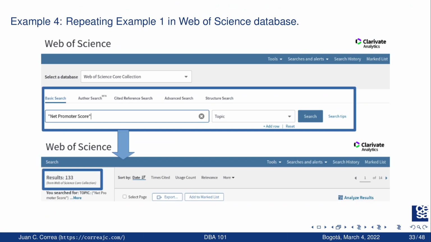The answer relies on how many journals are indexed in each of these subscription-based services. Web of Science includes a bunch of different journals, but not all the journals present in Web of Science are also available in Scopus.